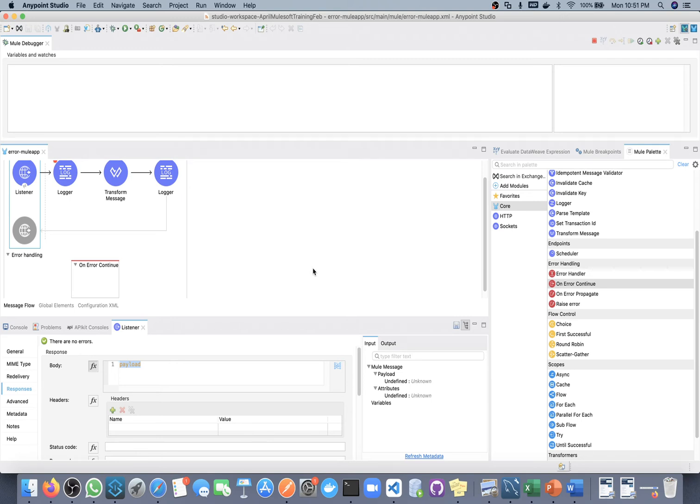But now what I want to do, in case of this on error continue, means if there is any error in our flow and we go to on error continue, here I will define some payload. So I will put this transform message here.